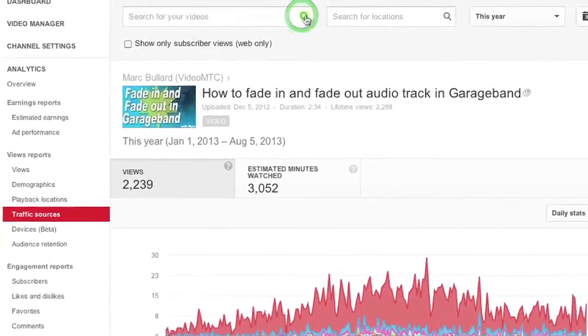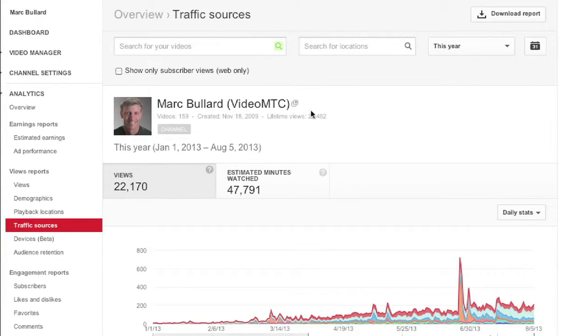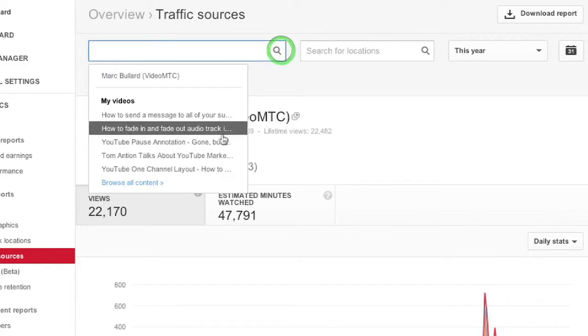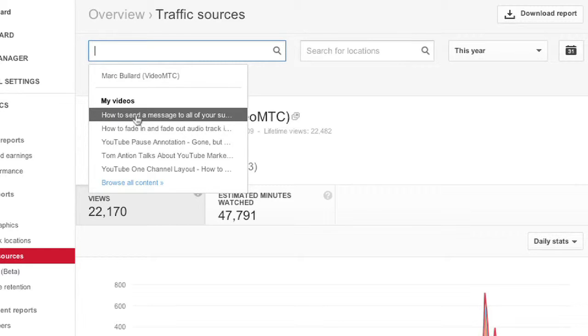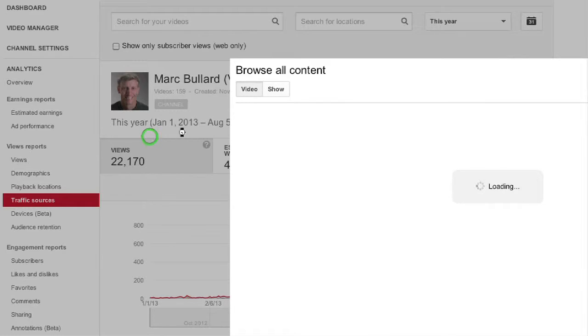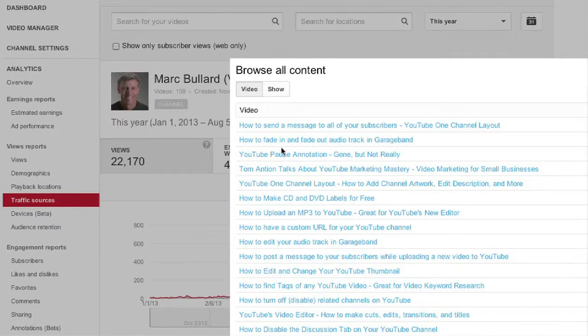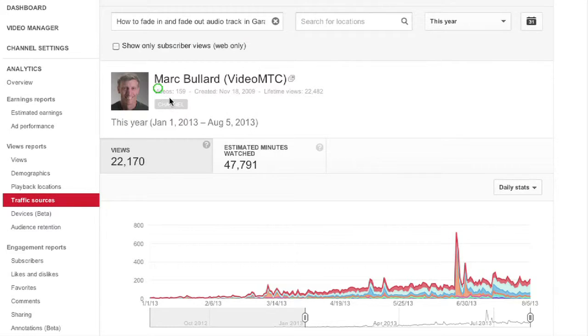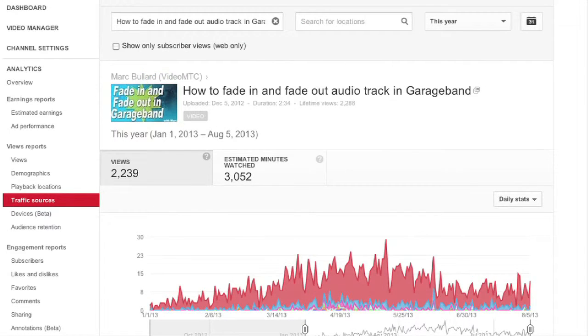And when you first go to traffic sources, it's going to have all the traffic source information for all of your videos. If you look up in this box right here where it says search for videos, that's where you can specifically pinpoint any one video. So what it does is it lists your videos in like popularity. You can also click all of them and scroll through all of these, which is nice, but I know which one I want to use, so I'm going to go back to this little magnifying glass and click the second one here. And this is a tutorial video that I made on how to fade in and fade out audio